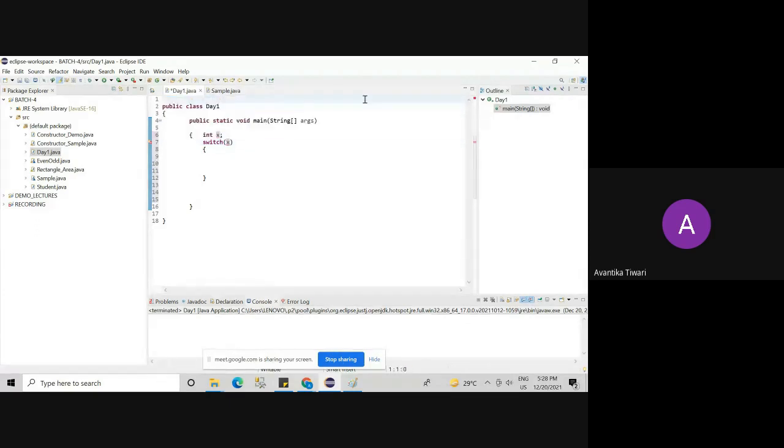That's completely fine. It's an empty switch. We are neither defining any cases, nor are we defining any default case. This is called an empty switch. So is it going to execute or not? See, the compiler is not generating any error. If we have a switch case that is empty, it's completely fine.